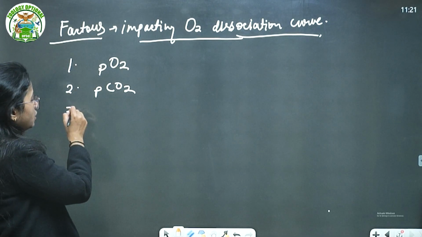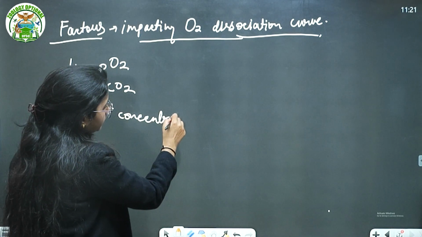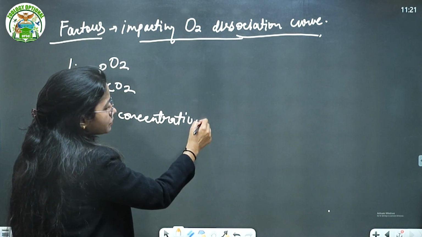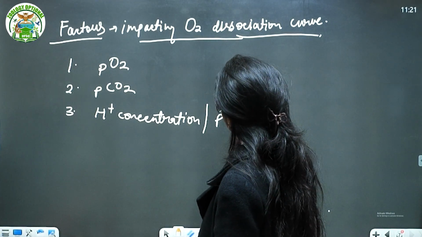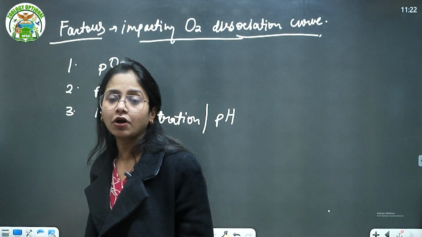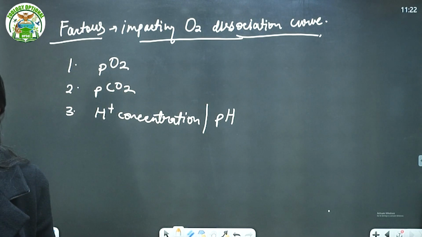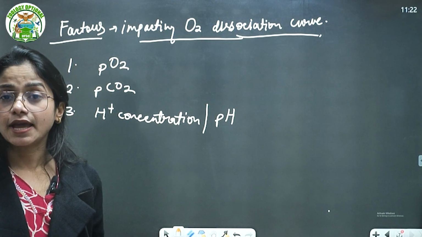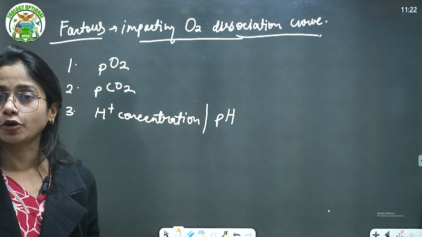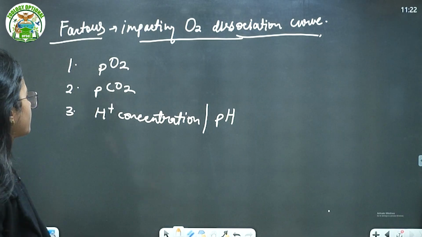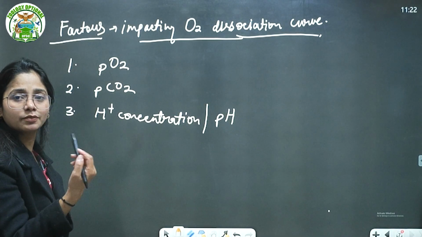Now the next thing is H plus ion concentration, which is measured in pH. So we can also say pH. pH is one of the very important topics or concepts which has come multiple times in your PYQs also. It is mentioned in your syllabus. Acid-base balance is a topic in your syllabus in UPSC Geology Optional Paper 2. Please see that. Okay, that is also regulating the concentration or the binding capacity of the hemoglobin with the oxygen.